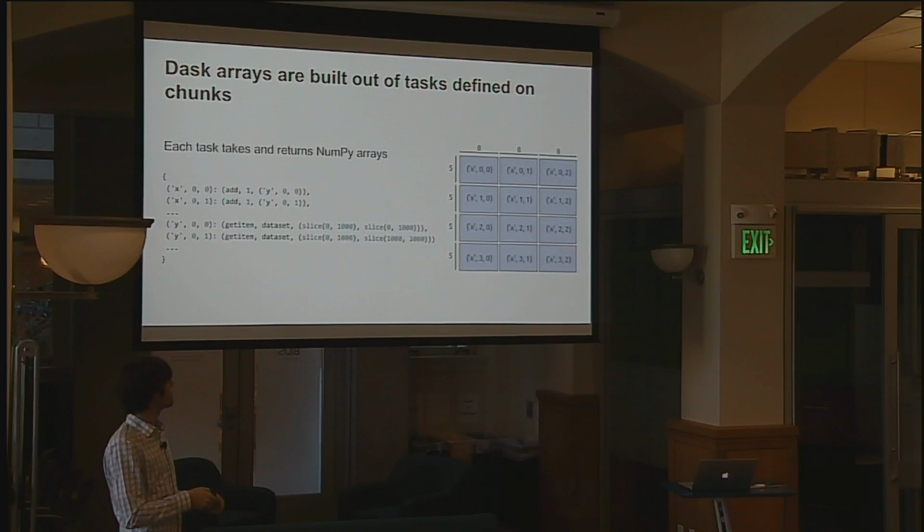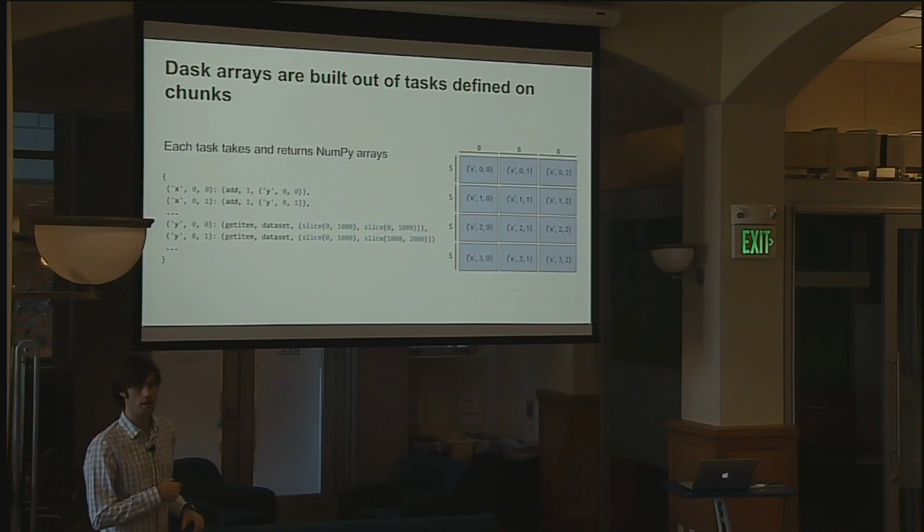At any given point in time, a Dask array is defined by a knowledge of what these chunks are and how to create a new chunk out of an old chunk. And that's represented just in terms of dictionaries in Python